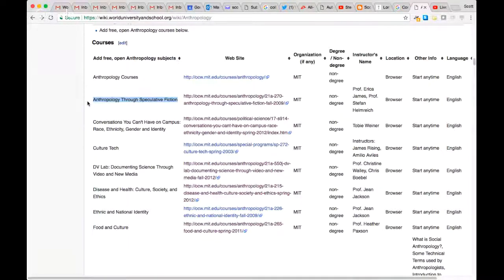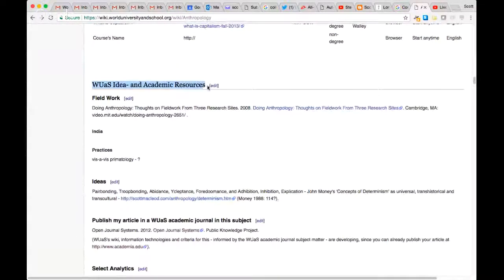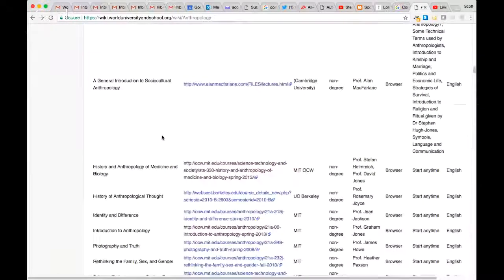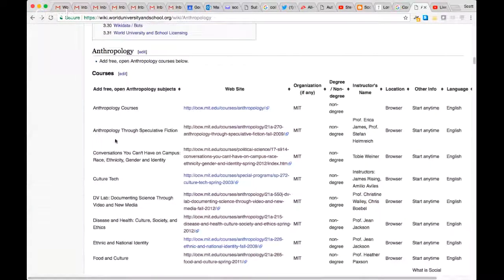you could go down to the middle third of the wiki subject page at World University and School, the WUaS, World University and School Idea and Academic Resources section. The top third is courses, in this case anthropology.